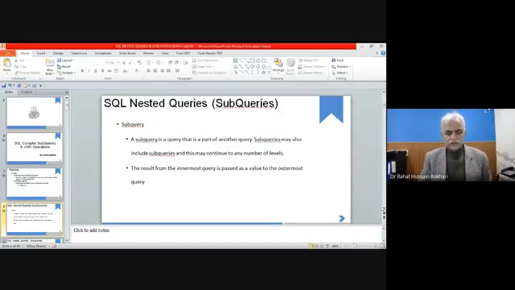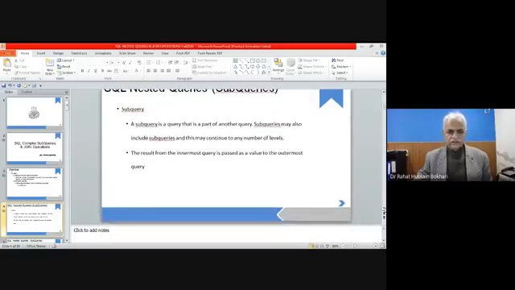When we run these queries, the innermost query, the subquery, is evaluated first, and then the conditions given in the where clause are compared, and then the outer query is executed. We have learned this concept already in the previous slides.